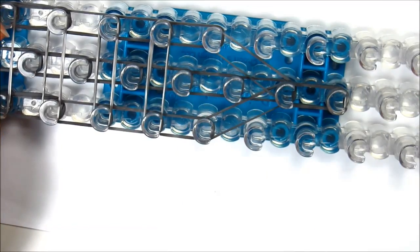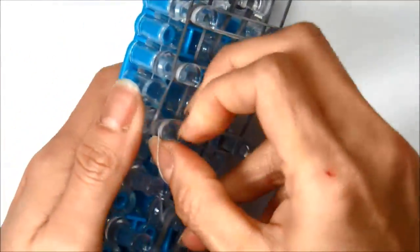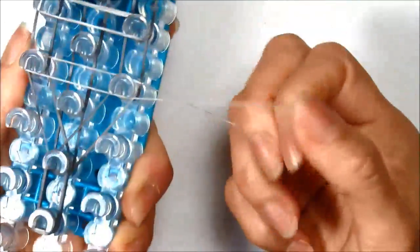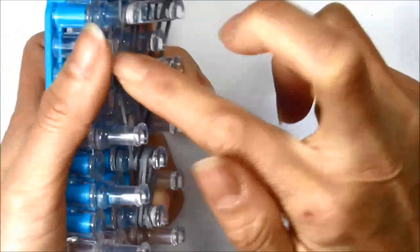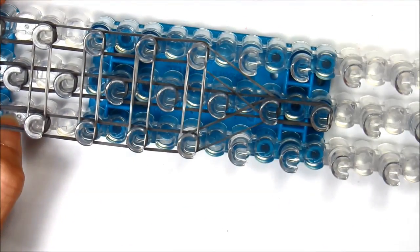And this here, the last one, near the tip of our tail, I'm going to try to loop it a total of 3 times. So stretch it out, and I'm looping it 3 times. If you can't do 3, go ahead and do 2. So I have 5 holding rubber bands. Now go under the cap band,